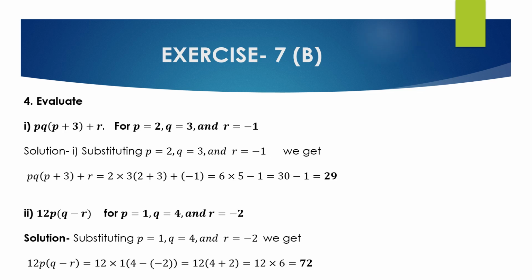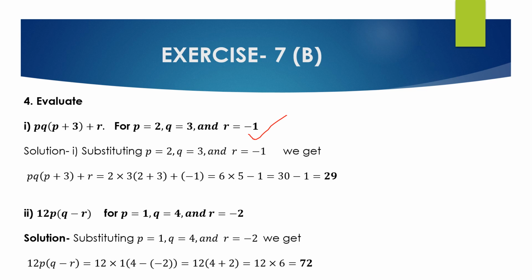Now we will solve question number 4. Question number 4 is evaluate. First bit is PQ multiplied with (P plus 3) plus R, for P equal to 2, Q equal to 3, and R equal to minus 1. Substitute the value of P, Q and R in the expression. We get